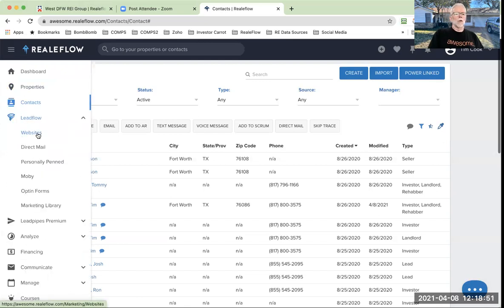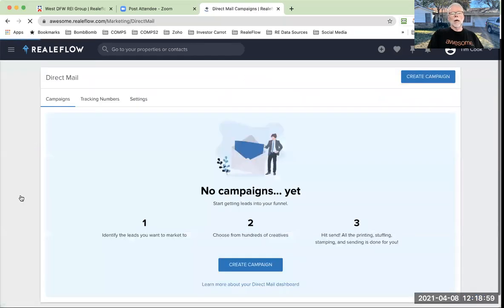Okay, moving on here. We just talked about websites. The next thing is direct mail. You can actually do a mail campaign from within Realeflow, and you can create your own list, bring your list into Realeflow and import it, or you can do it with a list that's provided to you